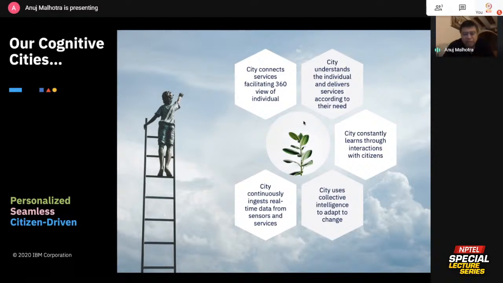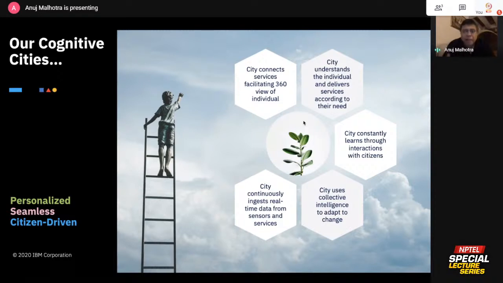Does the city understand the citizen, right? Does it have a 360-degree view of a citizen? I, as Anuj, does Bangalore know me is a way to look at it, right? And I don't believe they do, right? Despite the fact that they have my land records, they have my property tax payments, they've got my power supply payments that I make to them, water supply payments that I make to them, all kinds of stuff. They have all the data that they need, but they are not cognitive enough.